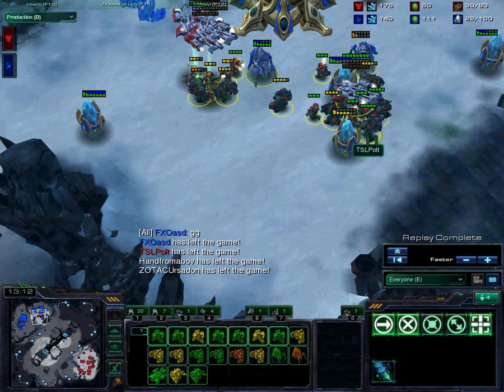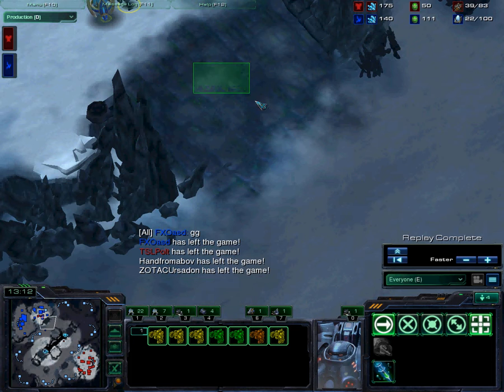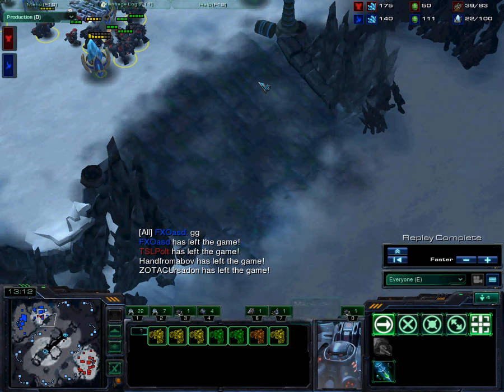He managed to bait out those force fields one after another on this huge ramp. He was planning on this ramp. If this was a map like Ohana or, say, Cloud Kingdom, or what's another good example? Oh, Shakuras Plateau. The ramp is much smaller. It's only